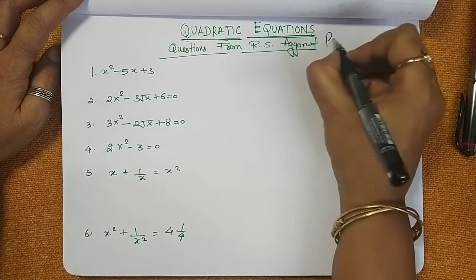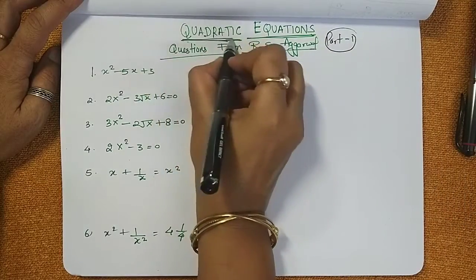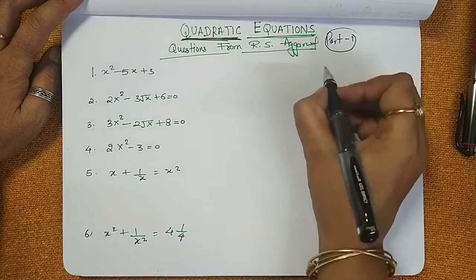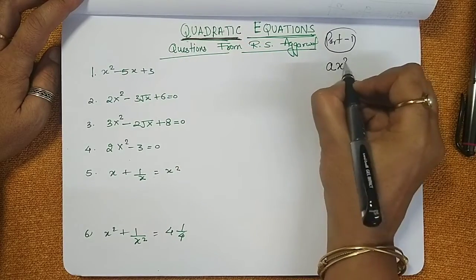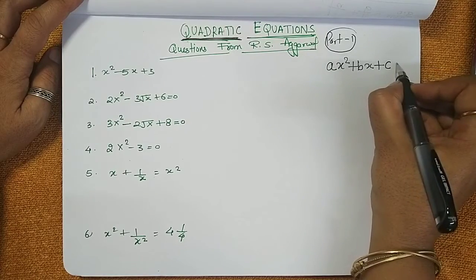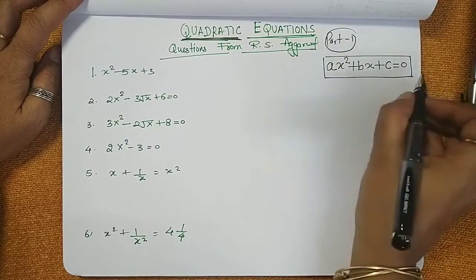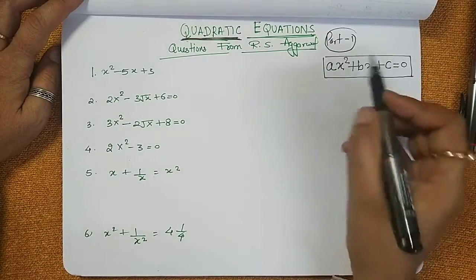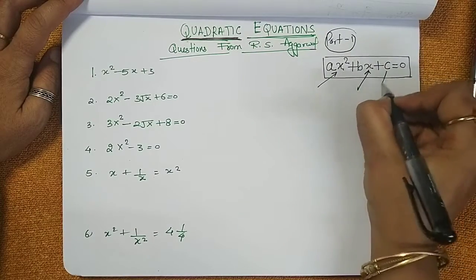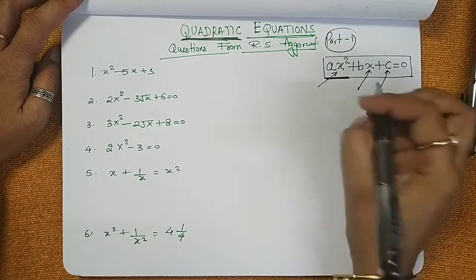This is my part 1. First of all, in this chapter I want to explain to you the meaning of quadratic equation. So guys, wherever you see ax square plus bx plus c is equal to 0, if you see this type of equation, you understand that this is quadratic. It should have an x square term, an x term and one constant term. Guys, this term is a must to have.